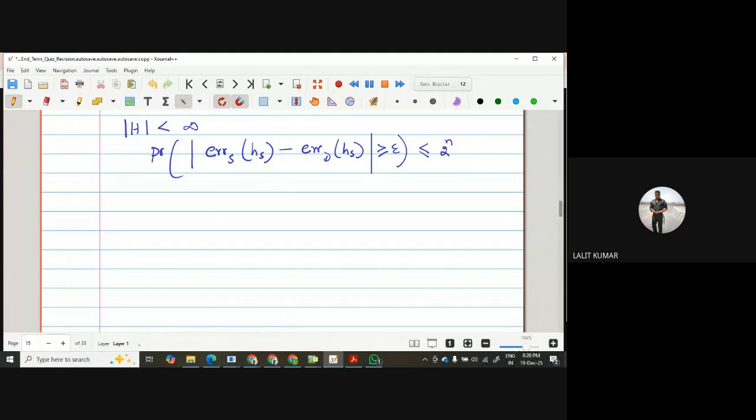In my last lecture, I had incorrectly mentioned n to power 2 and e to power minus 2n epsilon square. And when H is finite, this becomes less than or equal to